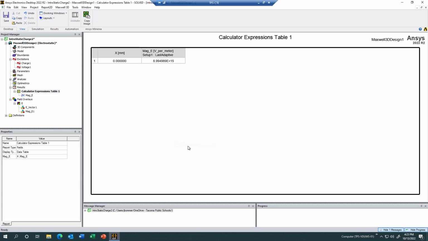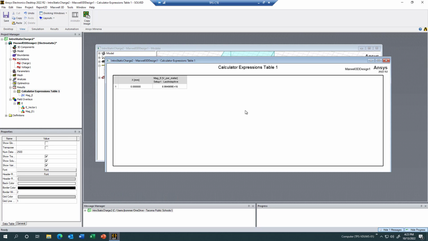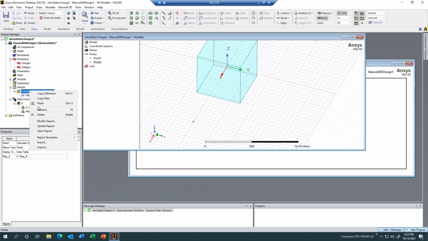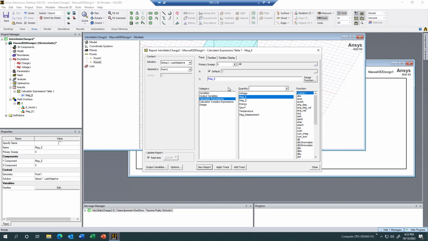For some reason, it's not showing me the update window. Sometimes there's issues on the server. I'm gonna try... Oh, sorry, I meant to choose modify. So when I choose modify now, you may have guessed that I'm going to change my geometry from 0.1 to 0.2, and now I'm going to calculate mag-E, and this time I'm going to add